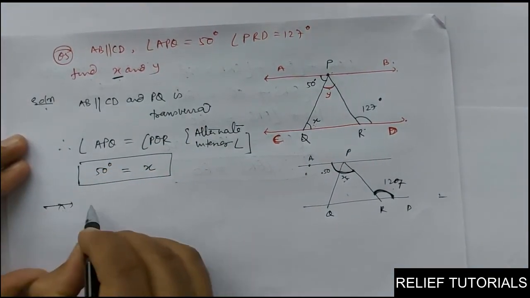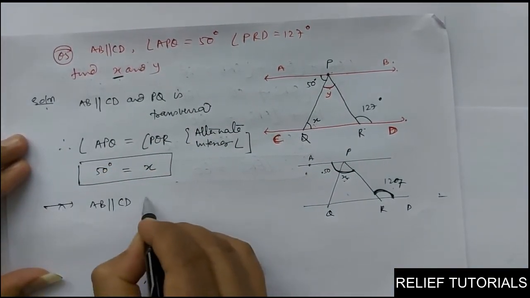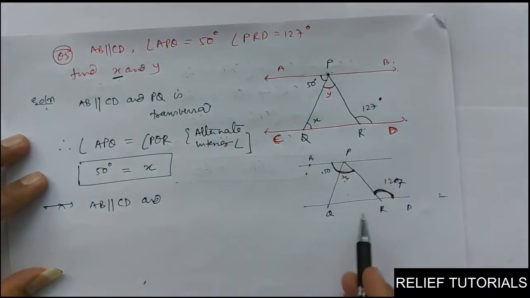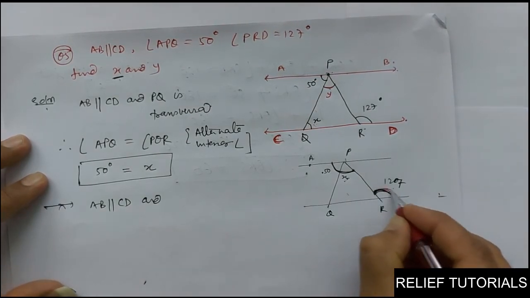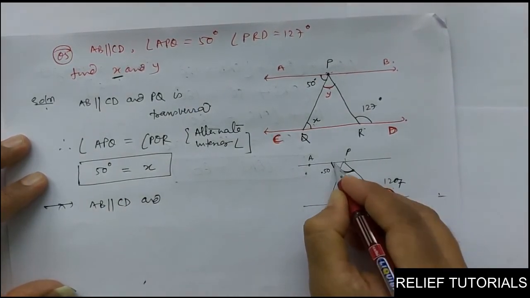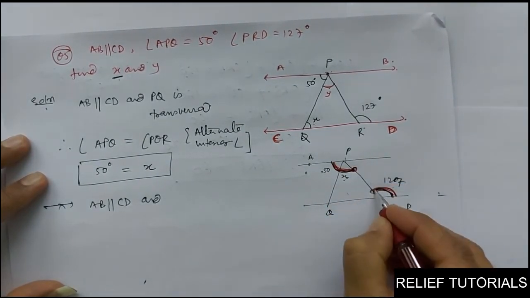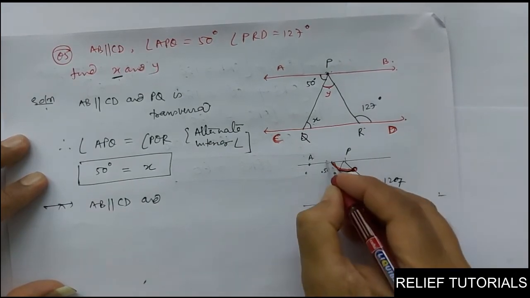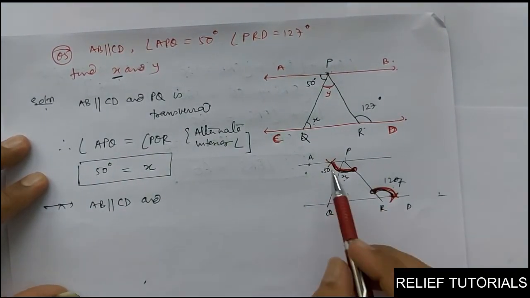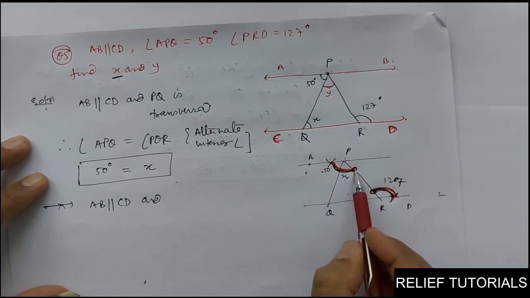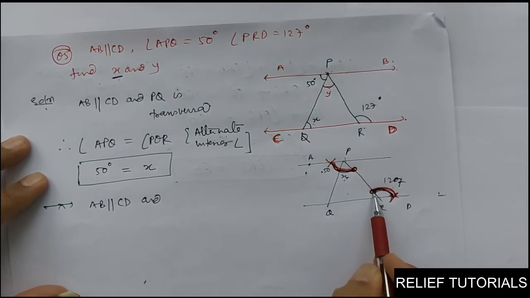So what we can write here, AB is parallel to CD and PR is a transversal. See, this PR is a transversal. Have you got it, friends? See these two angles. I will do with red pen. This and this. They are touching the transversal and they are touching this parallel line. If you want to find the alternate angles, how you will do it? See, one end of the angle touches the transversal. Here also touches the transversal. So one end of both the angles will touch the transversal and the other end will touch the parallel line. So they are alternate angles.